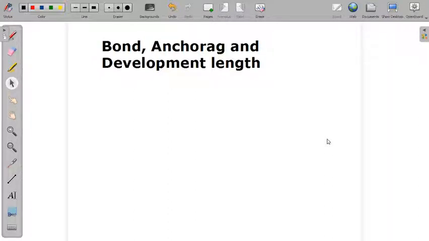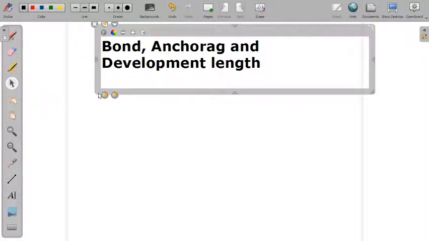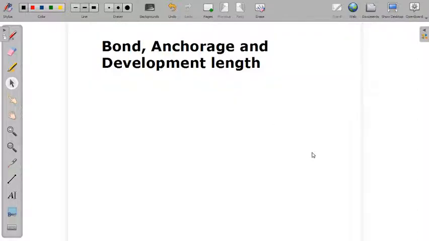Okay. So next we'll start the topic bond, anchorage and development length. So basically in case of reinforced structures, we need to provide reinforcement in the concrete. It is not simply that if I just put reinforcement in the concrete, they will attract each other. No, we need to develop some kind of bonding, that is adhesive characteristics between the concrete and